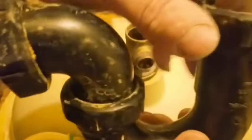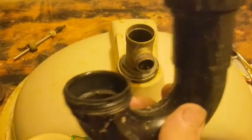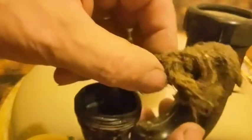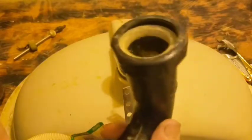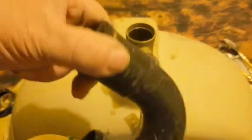Okay, so then you would undo this nut here, slide this off there, come over to this point here and unscrew this, because you'd have all this hair either caught at that juncture or just going to be down inside. Okay, which then you can take this out, shake it out, unscrew it,